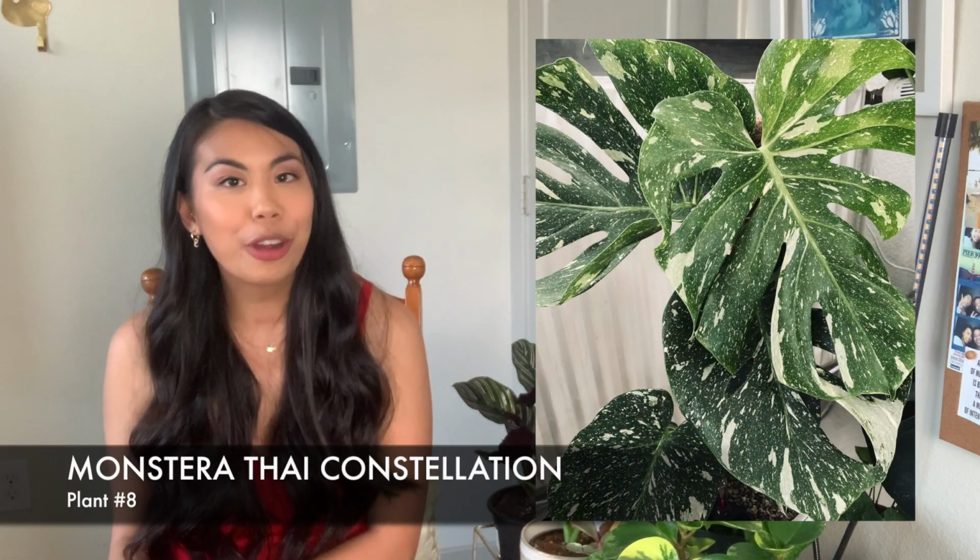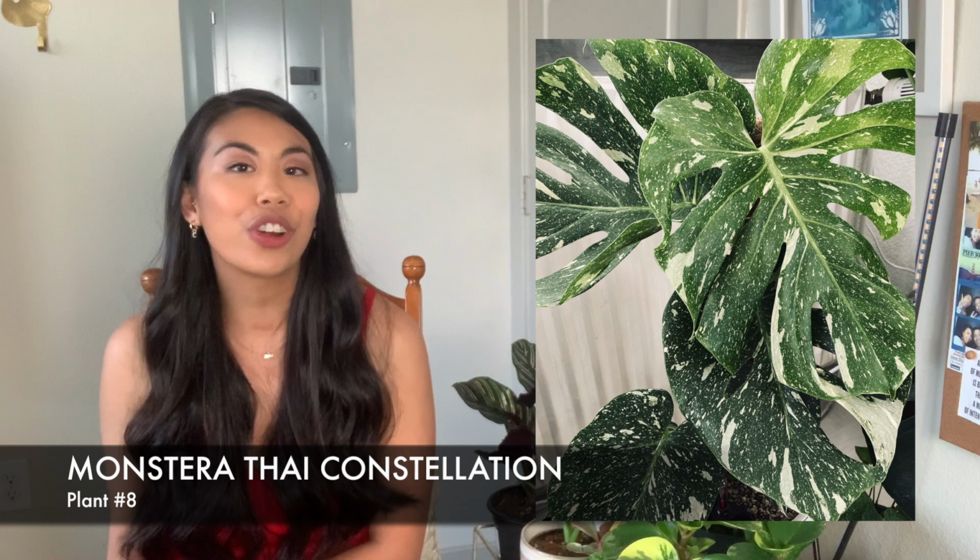And I just have 2 Monsteras to talk about. The first one, which I know everyone and their mama wants, but for good reasons, is the Monstera Thai Constellation. And I do rather prefer the Thai over the Albo. There's nothing wrong with an Albo. I would still kill to have an Albo Borgesiana in my collection, but I just prefer the Thai, you know,